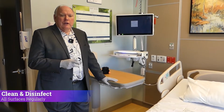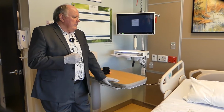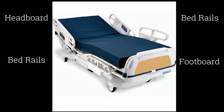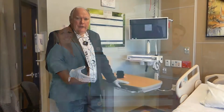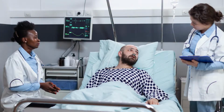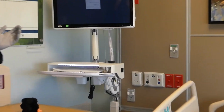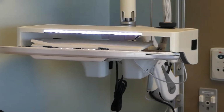And as a patient, you have a right to ask, has my room been cleaned, or would you clean it for me now? And the idea being that any of these surfaces on the bed, whether it's the footboard, the headboard, bed rails, any of those areas can become contaminated. The same applies to the linens. They have to be laundered properly, and have to be replaced regularly to prevent the spread of microorganisms. If you look up behind me here, this is a patient monitoring screen, which monitors all the critical patient information, blood pressure, temperature, oxygen saturation, those types of things, but it has a computer keyboard